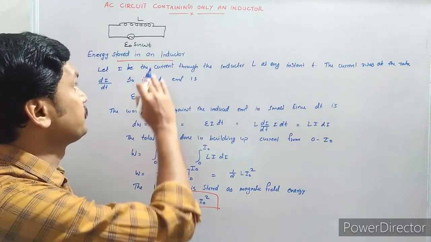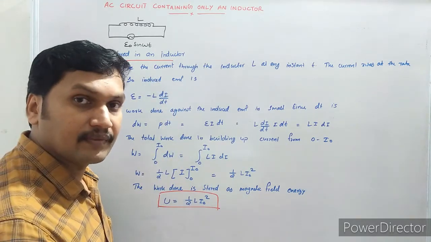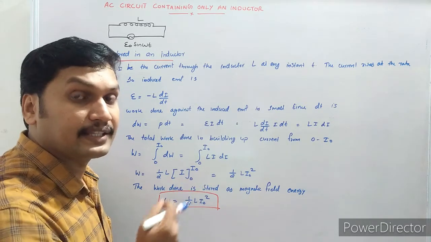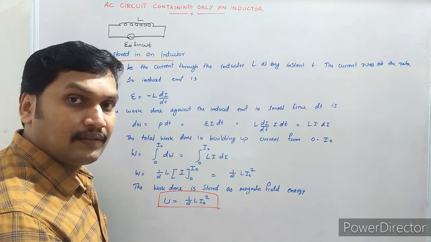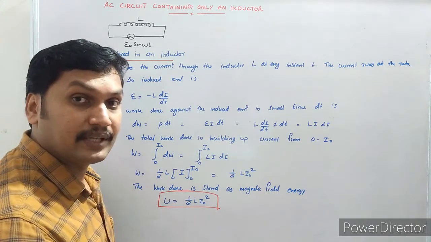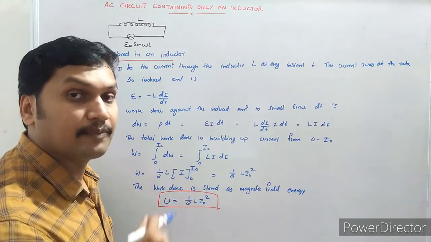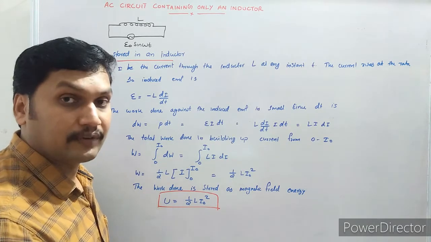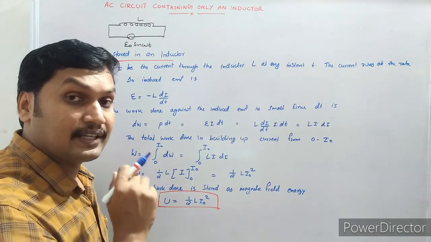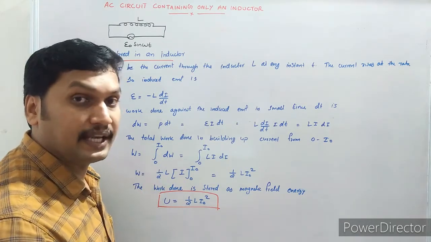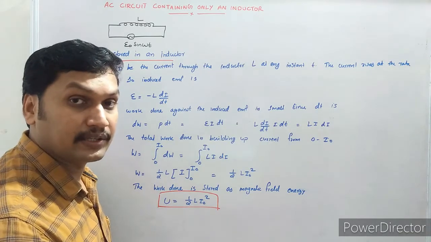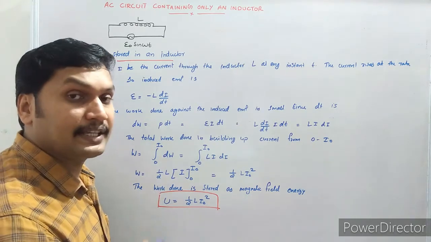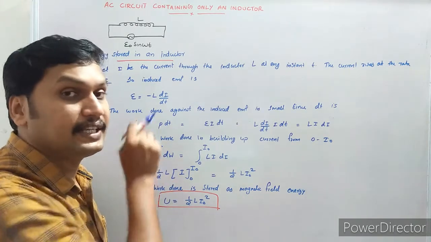Now let us find an expression for energy stored in an inductor. When an inductor is connected to a source of EMF, current starts growing in that circuit. When the current starts growing, the inductor opposes that by producing an opposing EMF, or by sending an opposing current. It opposes the growth of current. So the source of EMF has to expend its own energy for the further development of current in that circuit. That work done by the source is stored as magnetic energy in this inductor.